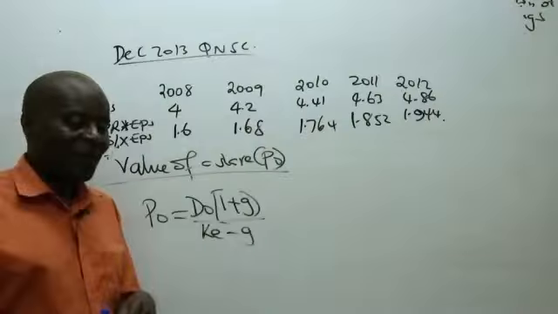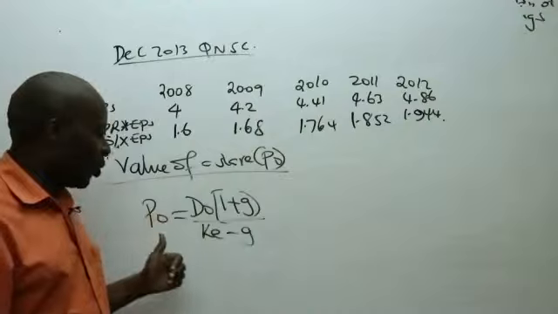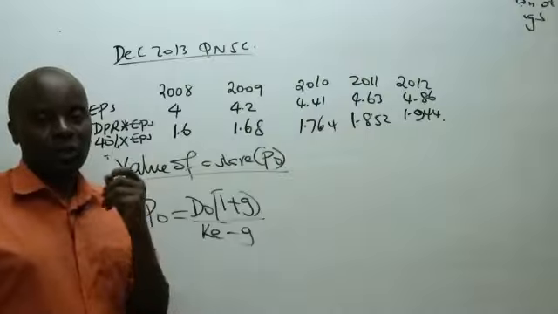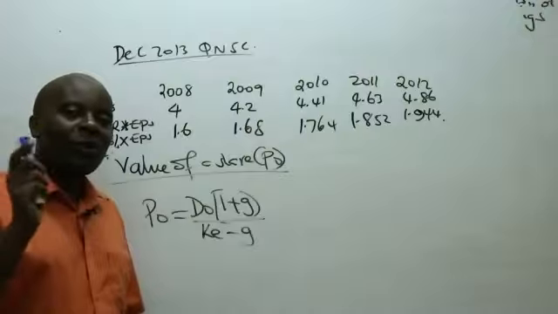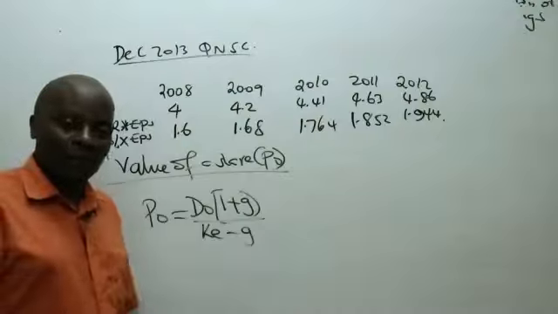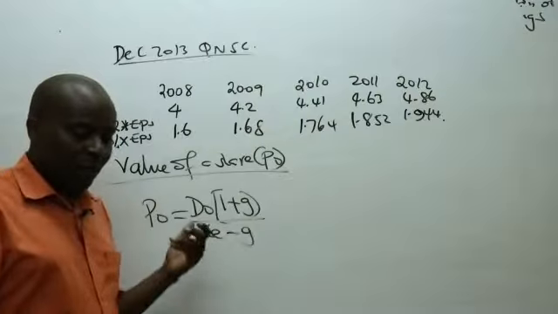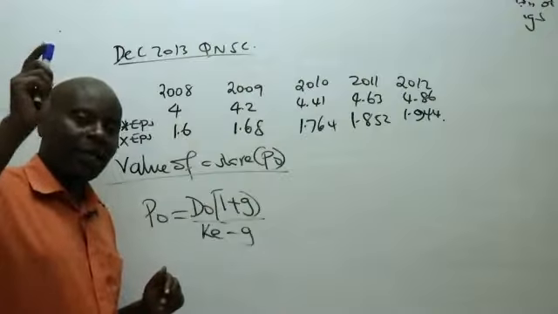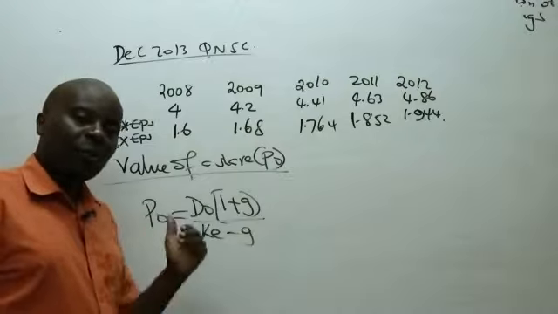Very good. This is just something to enable you remember this formula of getting P0 in the long term, even after you clear your section 3. Students normally meet in these seminars, and one of the many things they always remember is this formula, because I've used this formula for over 20 years. P0 equals D0 into (1 plus g) all over (ke minus g). In real finance terms, P0 stands for the current market price per share.